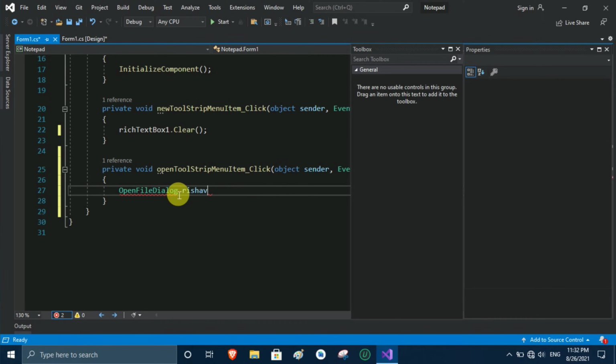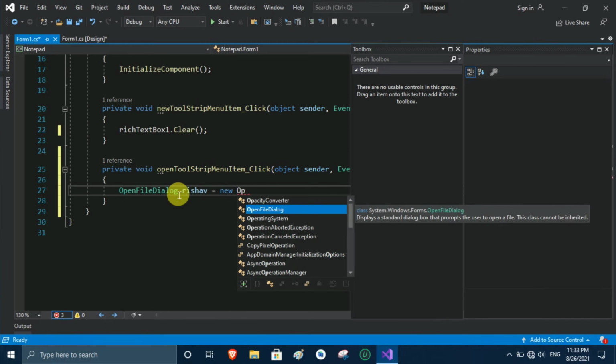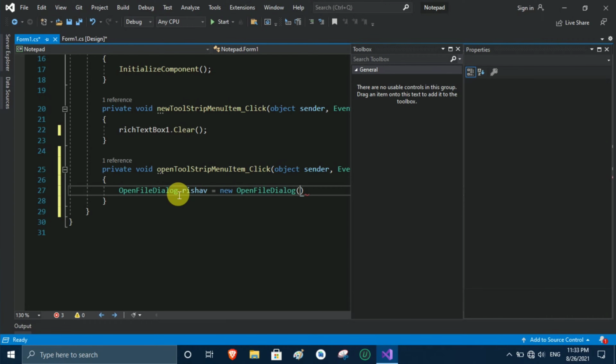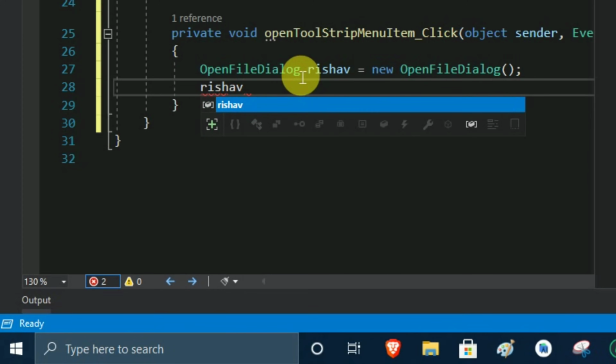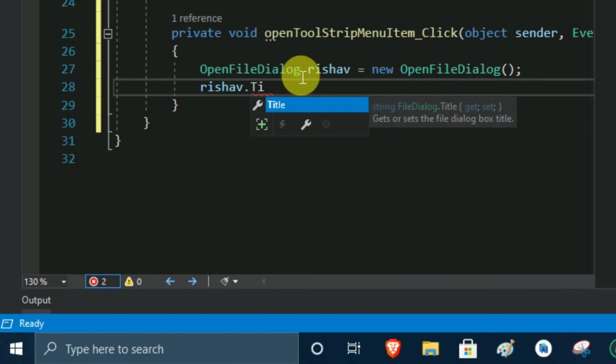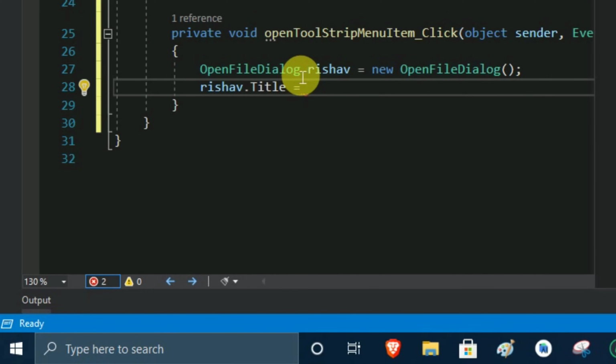So I give a name Rishabh, and we give equals to new open file dialog, then parenthesis and semicolon. Okay, now I press enter, and here I choose Rishabh dot title. Okay, and equals to, in double quotes I write open. Instead of Rishabh you can write anything what you want.